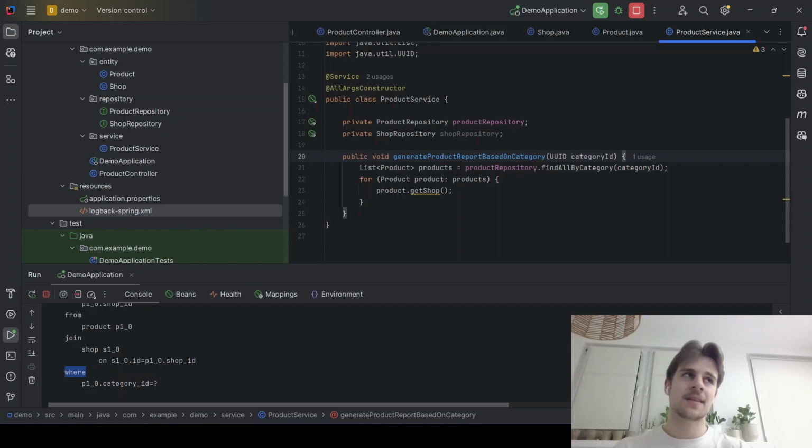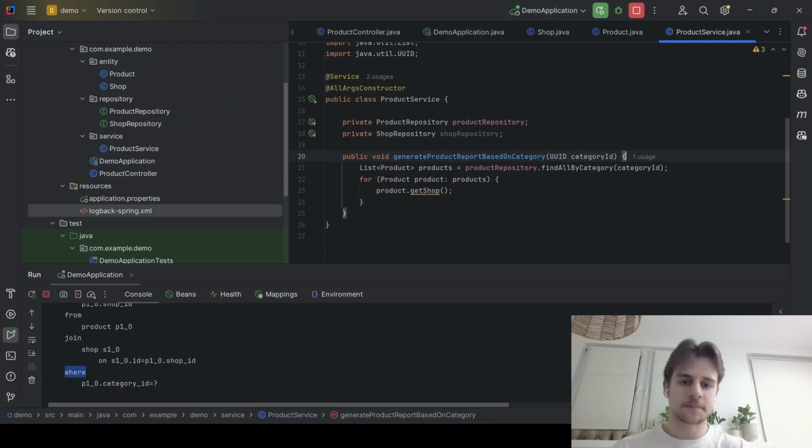And this solution I showed you, the join fetch solution, is actually the most common and I would say the best in most scenarios. Personally, at work I use it on a daily basis. There is also the EntityGraph solution, but I don't use it that often. You can watch some video on YouTube or read some article about EntityGraph. But if you are now slightly familiar with the join fetch solution, I would focus on that